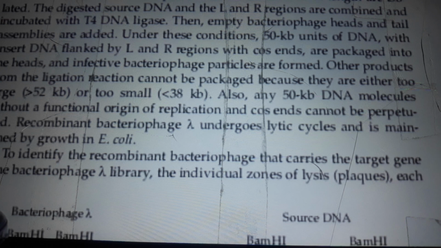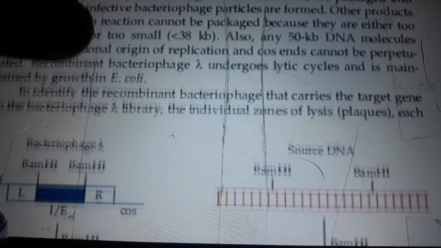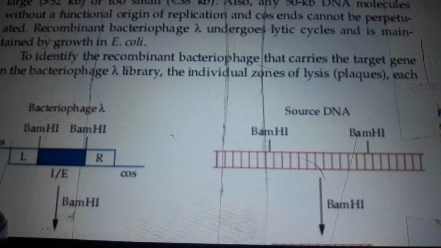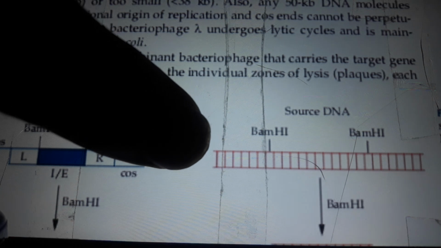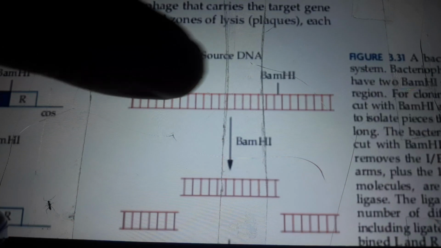Other products from the ligation reaction cannot be packaged because they are too large, greater than 52 kb, or too small, less than 38 kb. Also, any 50 kb DNA molecules without a functional region of replication and cos ends cannot be perpetuated. Recombinant bacteriophage lambda undergoes lytic cycles and is maintained by growth in E. coli. To identify the recombinant bacteriophage that carries the target gene in the bacteriophage lambda library, the individual zone of lysis blocks each